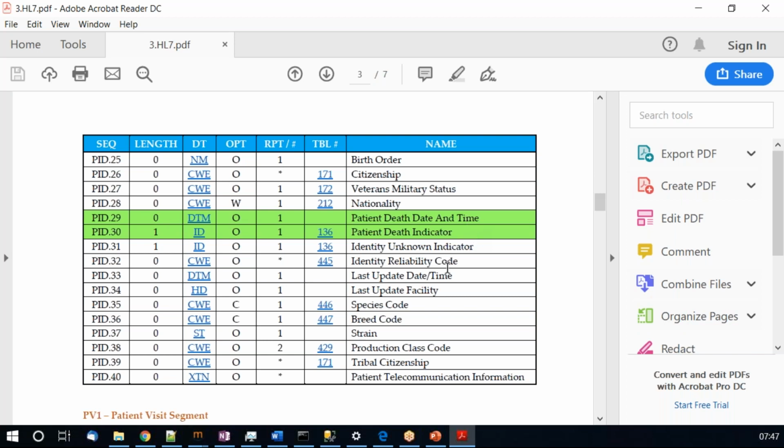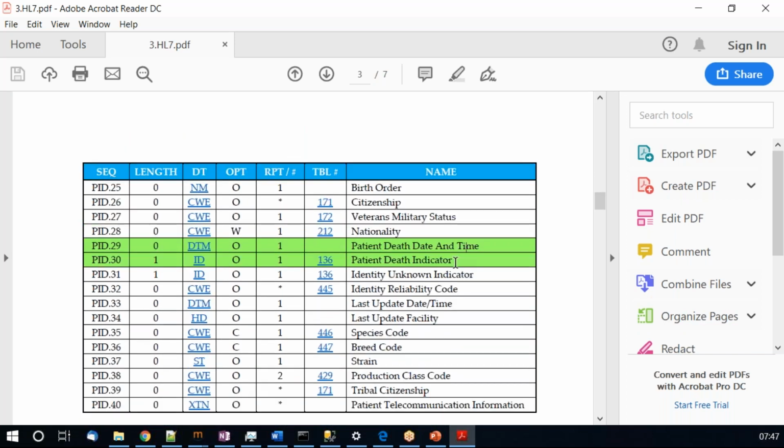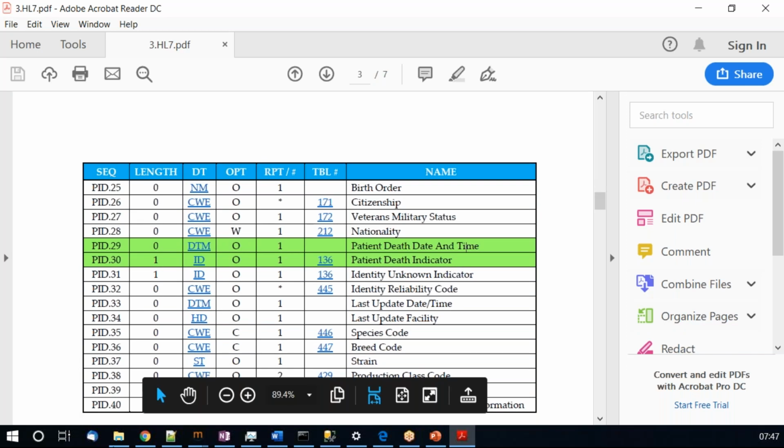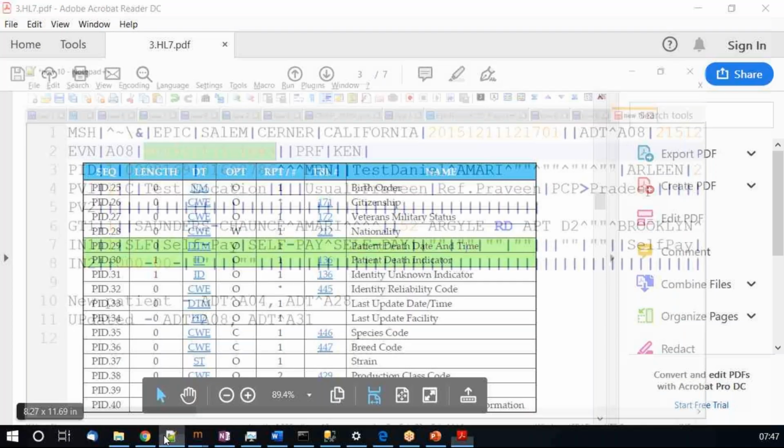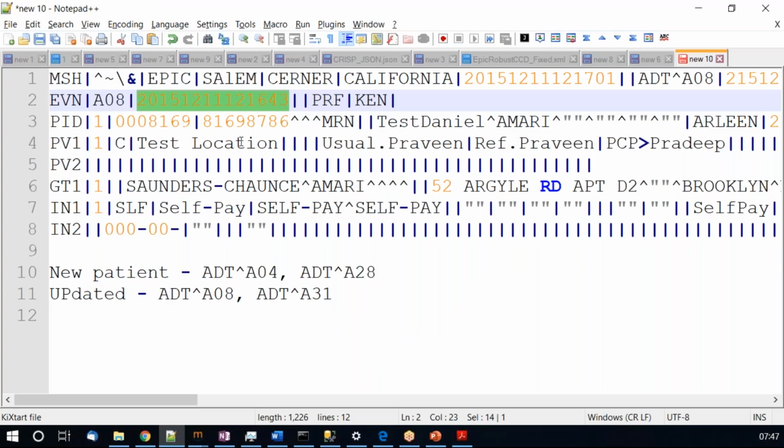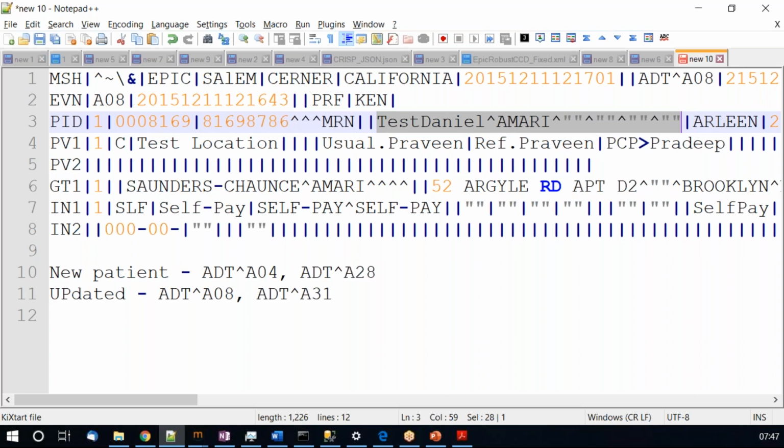Okay, so we will conclude the segments here today. We'll take a look at the rest of the segments tomorrow, but I would quickly like to show a few other tools that we use when we are talking about HL7. If I want to look at a patient name, I can't keep reading that this is PID 1, 2, 3, 4, and 5. As a regular user of HL7, I know that PID 5 is